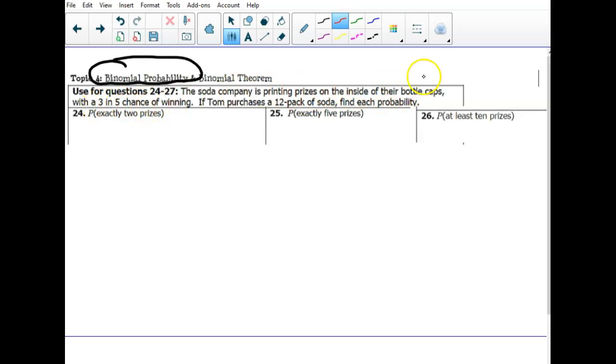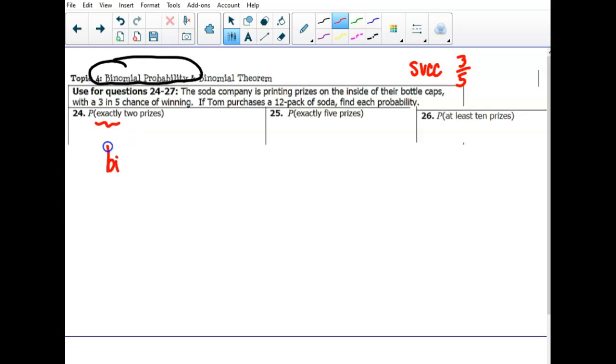3 and 5 are winners. So our probability of winning, of success, is 3 out of 5. If Tom purchases a 12-pack of soda, find each probability. Exactly 2 prizes. Okay, this is a binomial, it's labeled, okay, the section on the quiz, it's binomial probability, so don't get all worried. It'll say binomial probability, but